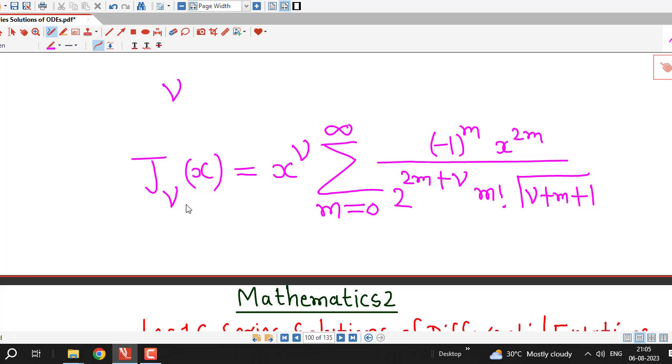This is Bessel's function of the first kind of order nu, where nu is a non-negative real number, and we